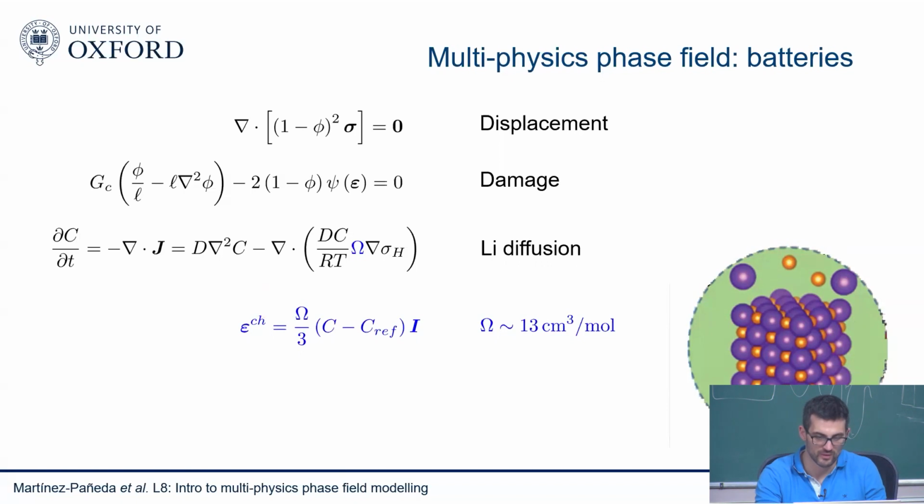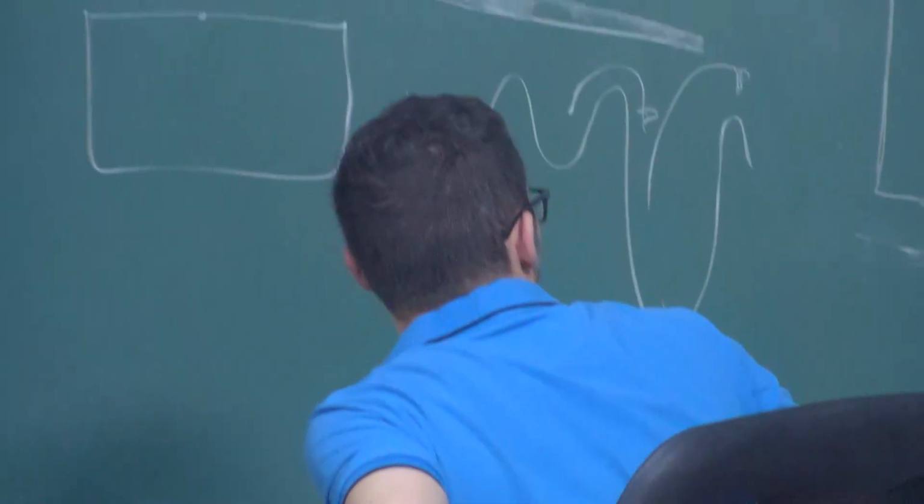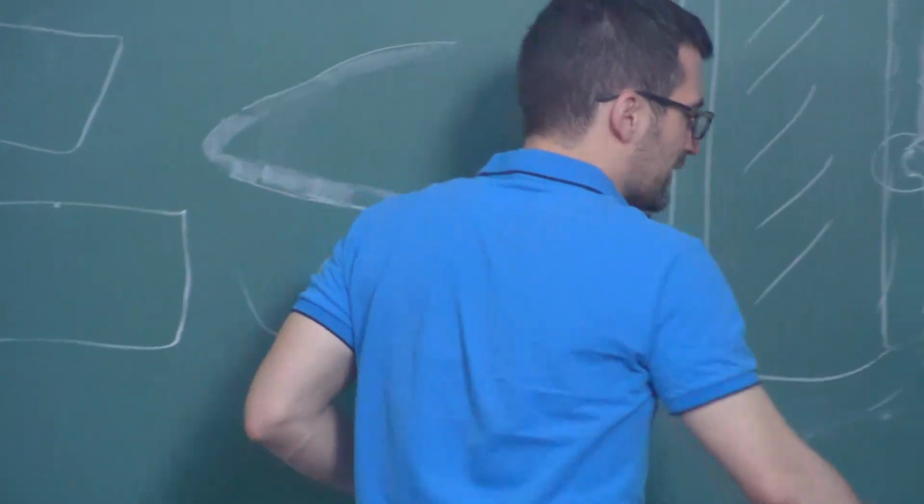That's the idea. And as I said, some people have already looked into this before. They have looked into idealized particles only, and only a half cycle, charge or discharge, because they were not able to model fatigue in phase field. However, when we look at the data, it is true that the first cycle is important, but when you look at the data,